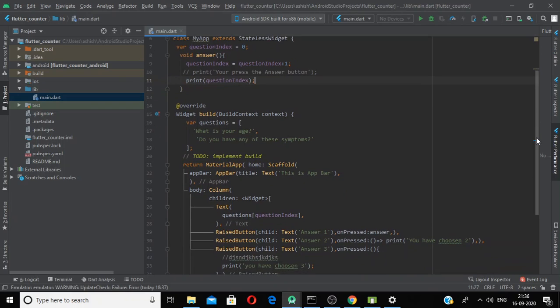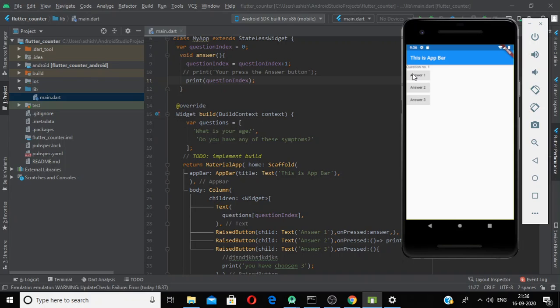This on press answer method is connected with this raised button, answer 1 option. So whenever I press this option, this question index will be incremented by 1, and it is displayed onto the console.